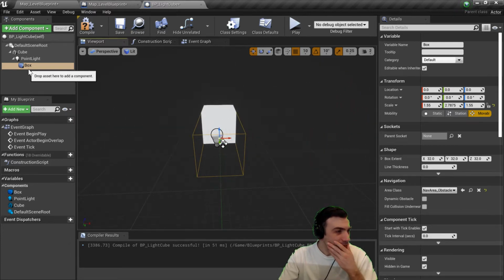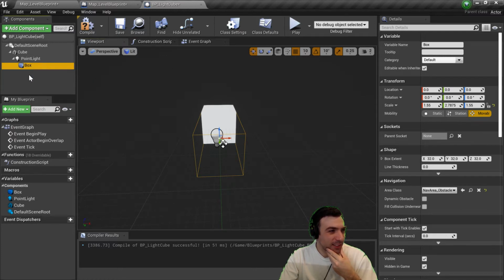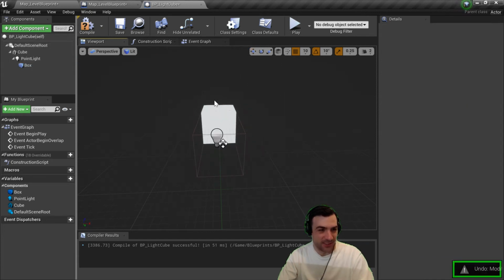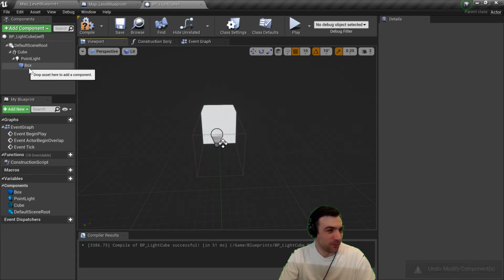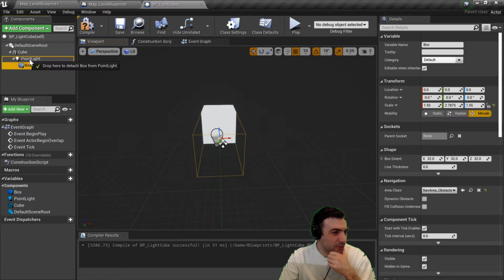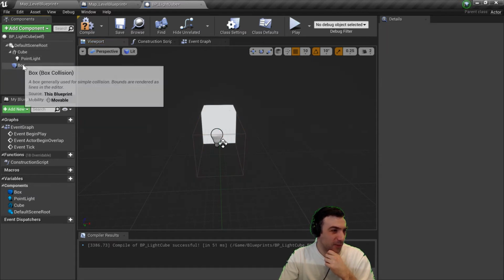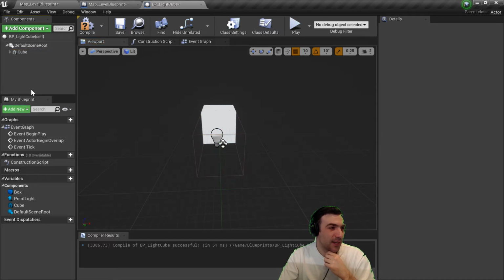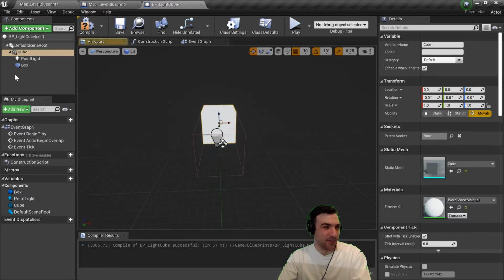And then another thing, I don't want the box to be a child of the point light. If I wanted to move this light, I want this to be parented to the box, because that's really what we're looking at. So I can drop here to detach it from the point light. And it actually detaches it from everything. So I'm going to drag it onto the cube. And you can see now, again, we have it set up that when I move the cube,